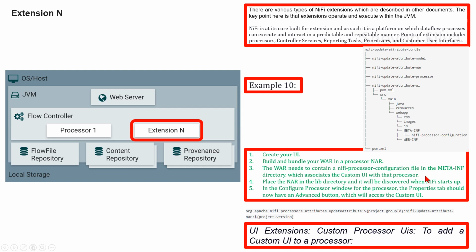Step 3, the WAR needs to contain a NiFi processor configuration file in the META-INF directory which associates the custom UI with that processor. Step 4, place the NAR in the lib directory and it will be discovered when NiFi starts up. Step 5, in the configure processor window for the processor, the properties tab should now show an advanced button which will access the custom UI. As an example, here is the NAR layout for UpdateAttribute,